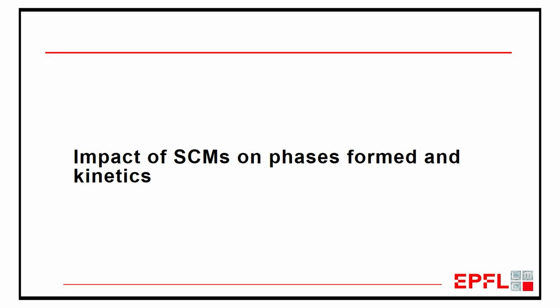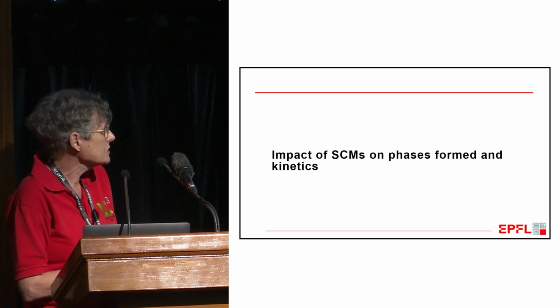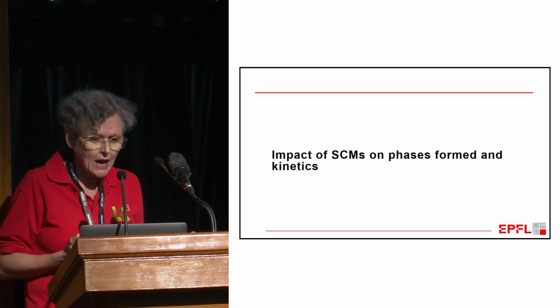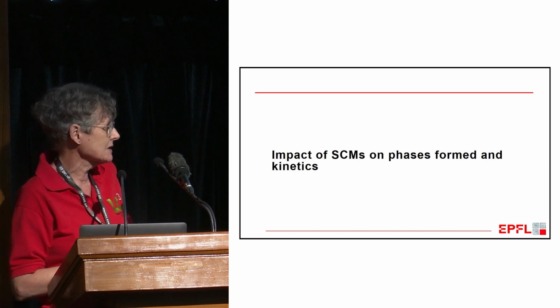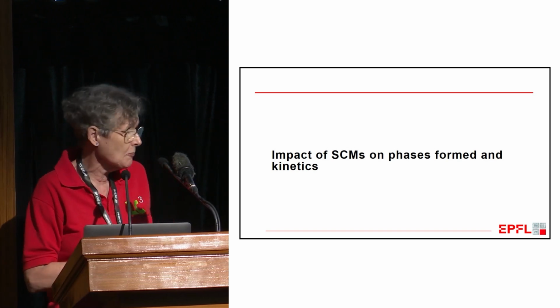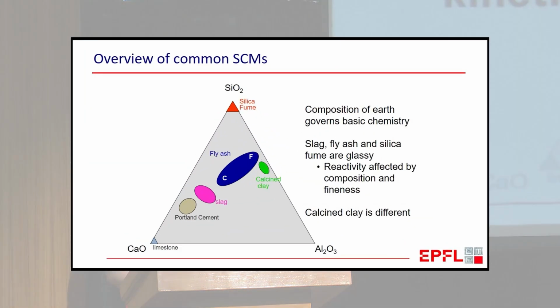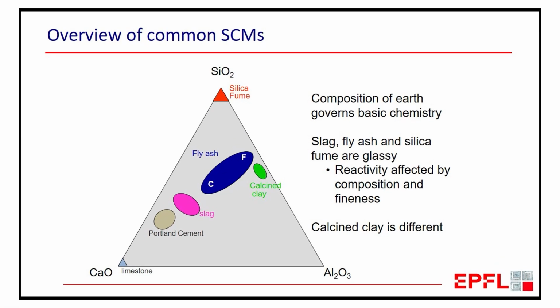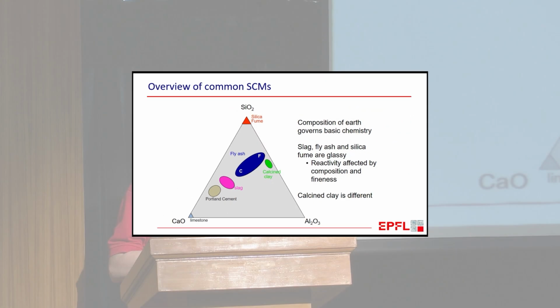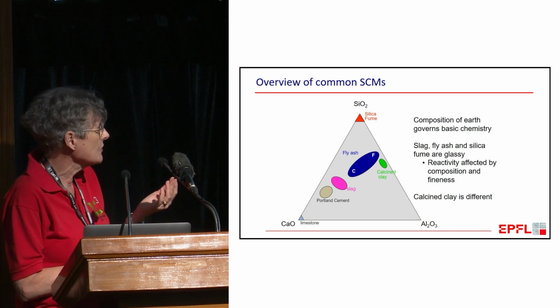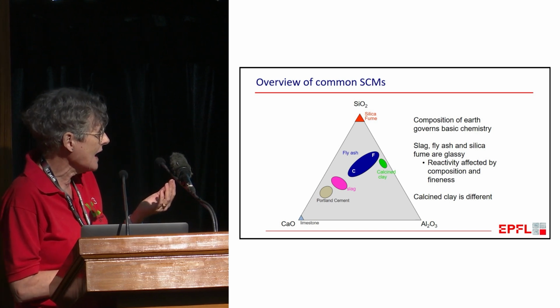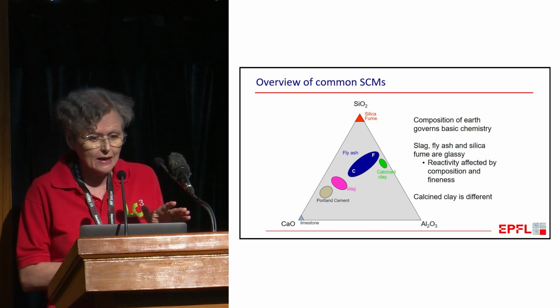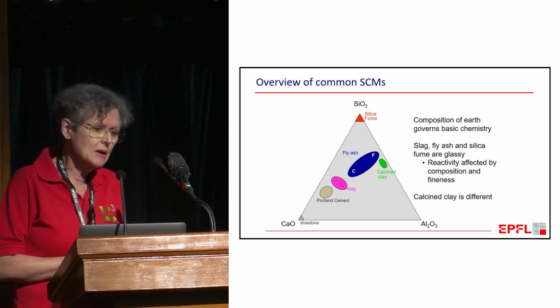And as I said, it's important because we really understand that very well now. So now we want to know, well, what happens when we put all these blended things in, when we put in what we call supplementary cementitious materials. And it's important to understand, and this comes from the basic chemistry of the earth, that all these different additions we make, whether they're fly ash or whether they're slag or whether they're calcined clay, there's a lot of similarities